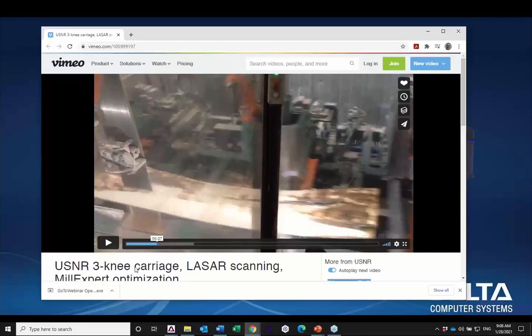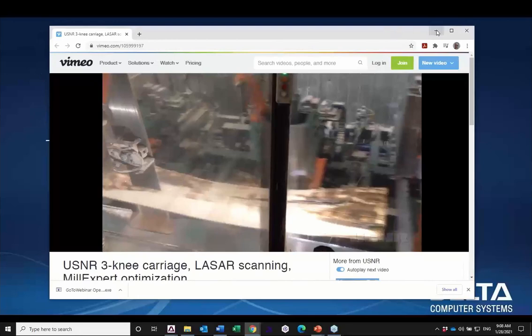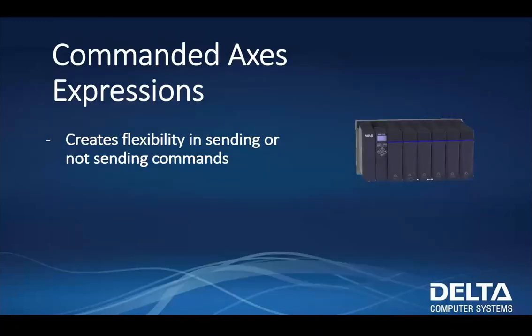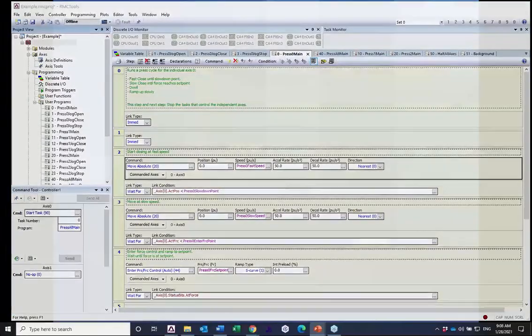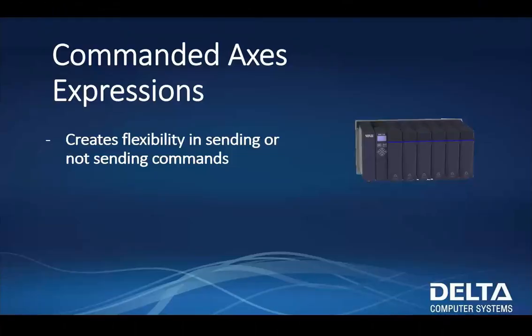And to do that programming to decide how many knees are going to be commanded becomes very challenging sometimes. But we have in the RMC a method to make that very flexible, so it can be done inside the PLC or inside the RMC, and you don't necessarily need a PLC. So that example here, if we look at it, knee example,